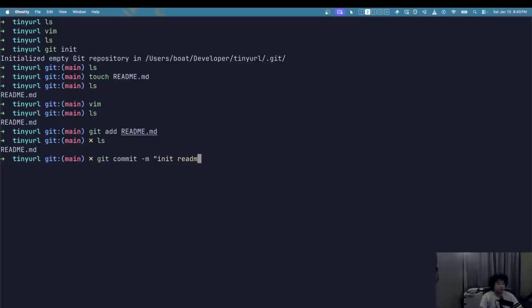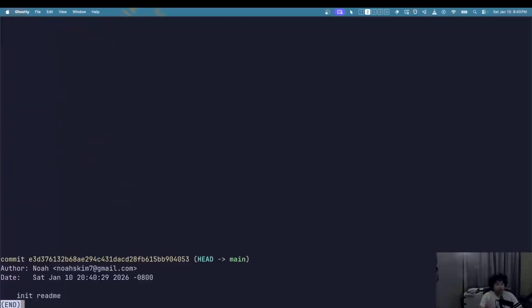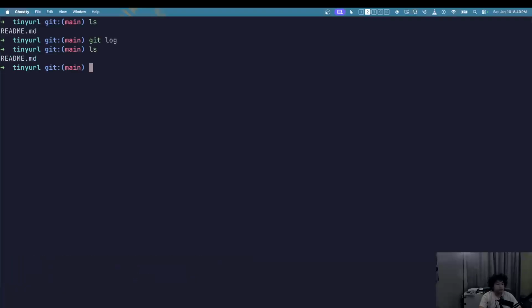Init readme. There's no need to push because I don't have a remote repo. Anyways, I'll maybe make it later. So we'll have a tiny URL. So okay, a few things to make. So I need to make